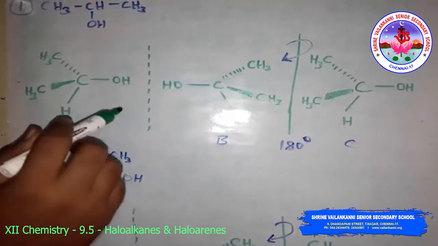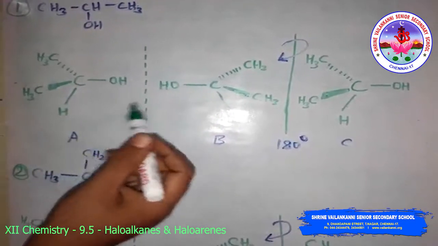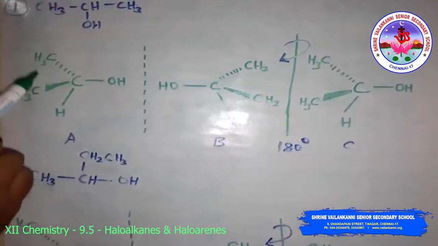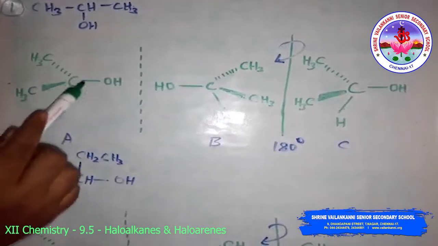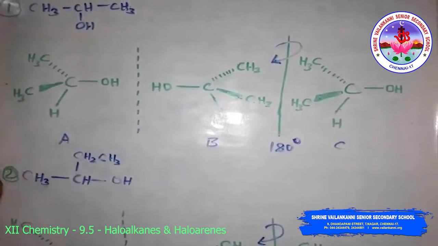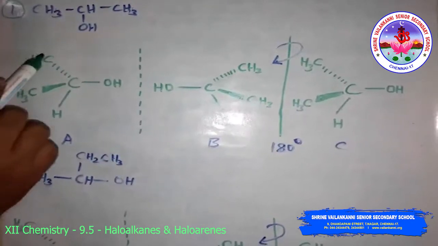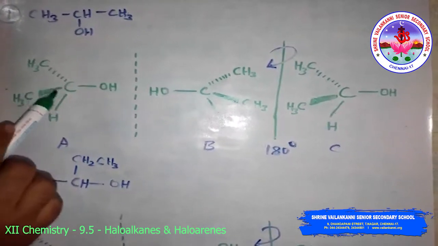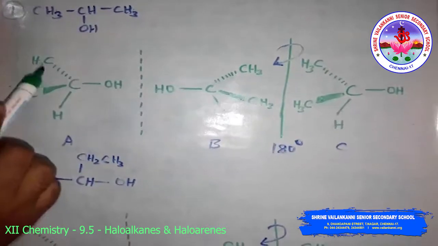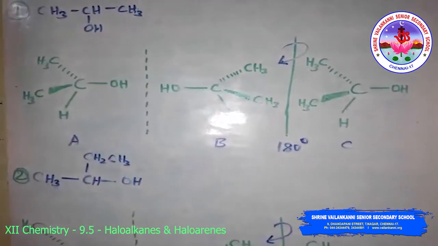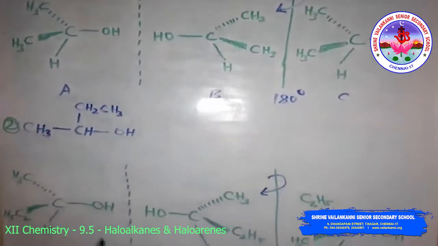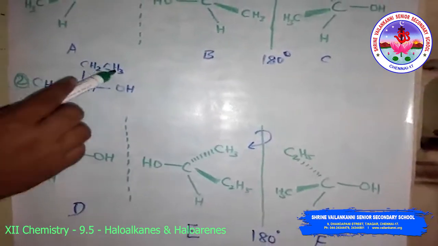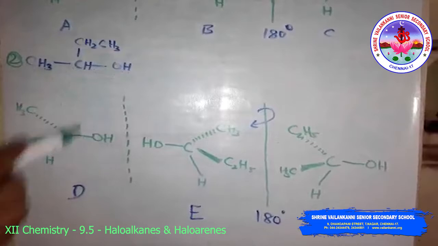As you can see very clearly, propan-2-ol does not contain any asymmetric carbon because two methyl groups are present. An asymmetric carbon means a carbon surrounded by different atoms or groups of atoms, but here the same methyl groups are present. Since the tetrahedral carbon's groups are not all different, it is an achiral molecule. Then look at this compound. This is butan-2-ol, with a CH3 group, C2H5, H and OH.